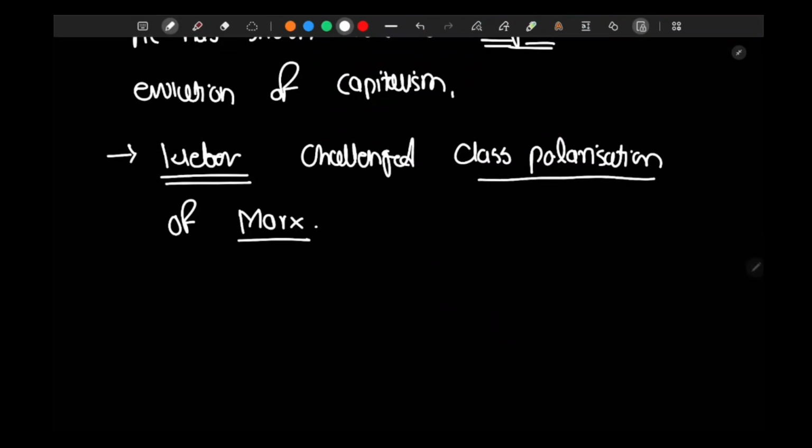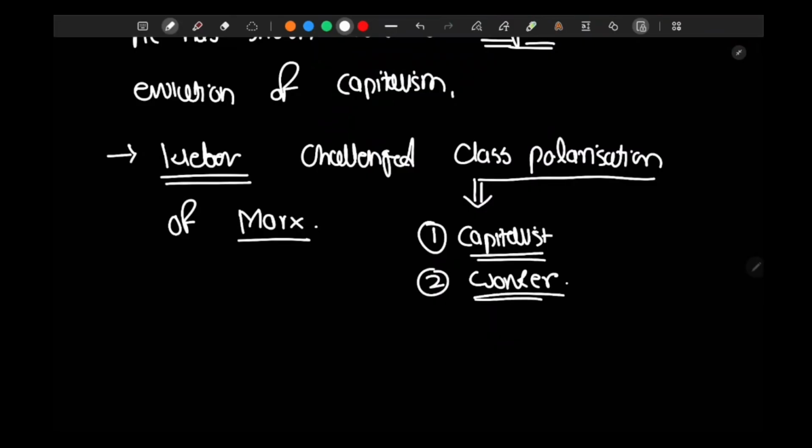when capitalism is at its peak, highest stage, only two classes will remain. First is capitalist class and second is worker class. This is class polarization, whereby a particular society, a particular political system has only two classes, capitalist class and worker class. Weber challenged class polarization of Marx, and he suggests